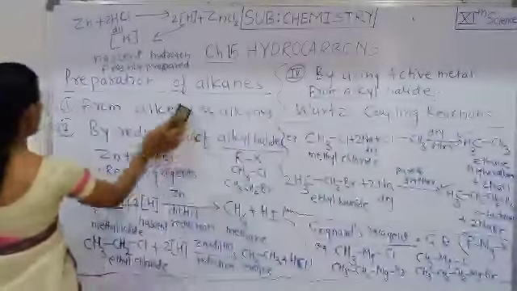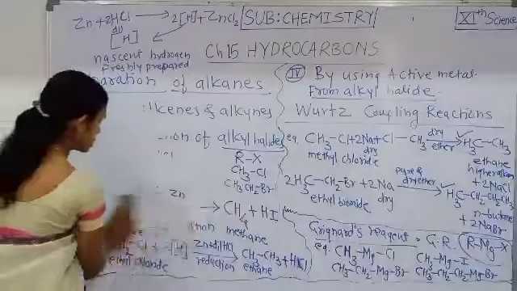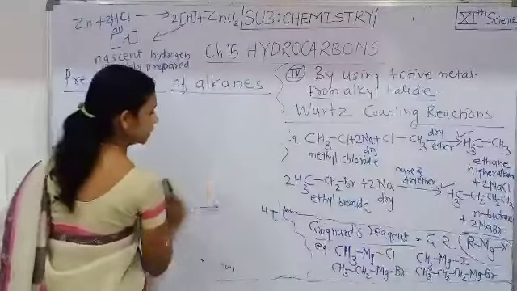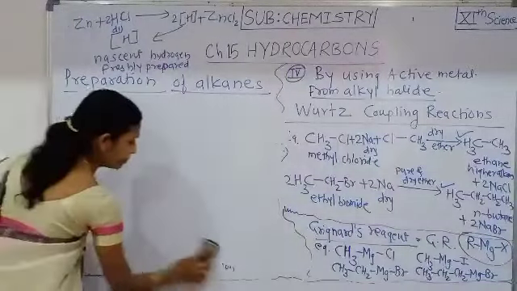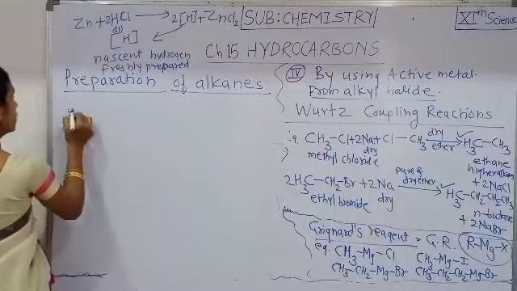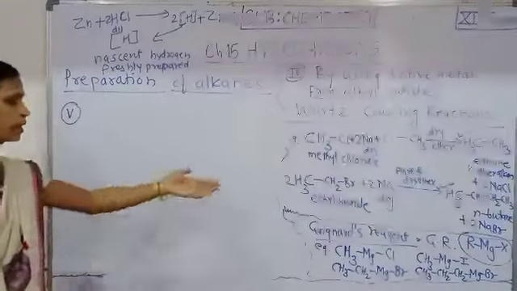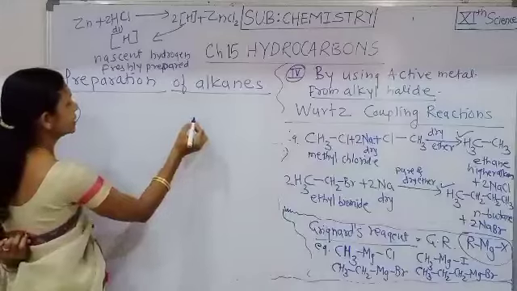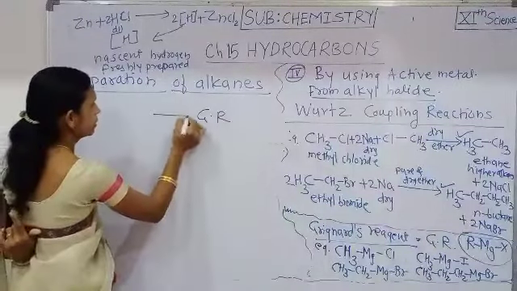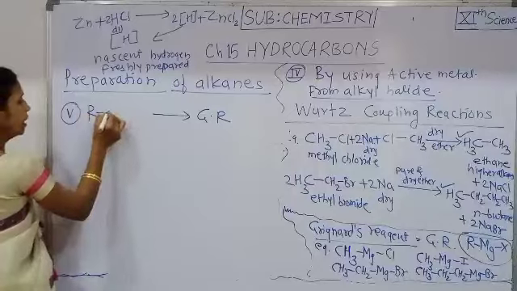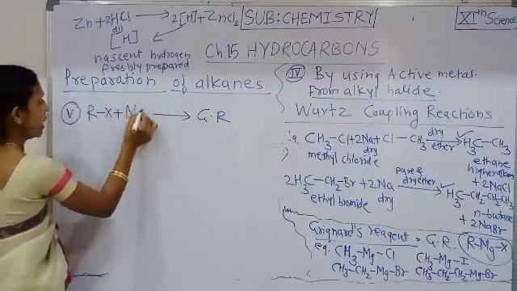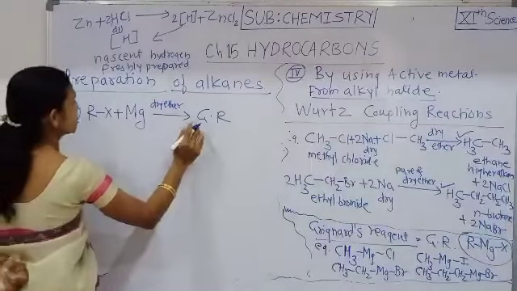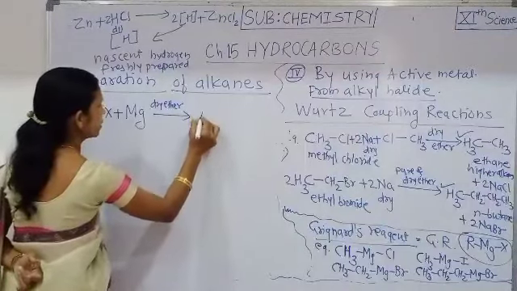Then one more method I am going to discuss with you is the preparation of alkanes from Grignard's reagent. That means we can prepare alkanes from Grignard's reagent. But first of all, see here the preparation of Grignard's reagent. How are Grignard's reagents prepared? When an alkyl halide is treated with magnesium in the presence of dry ether, then the Grignard's reagent obtained here is